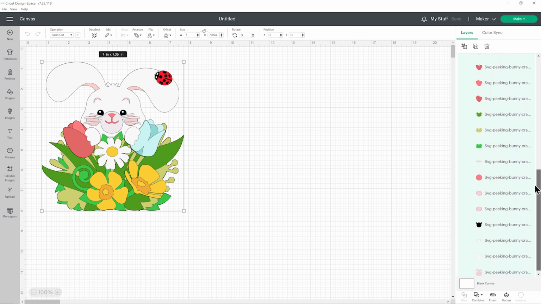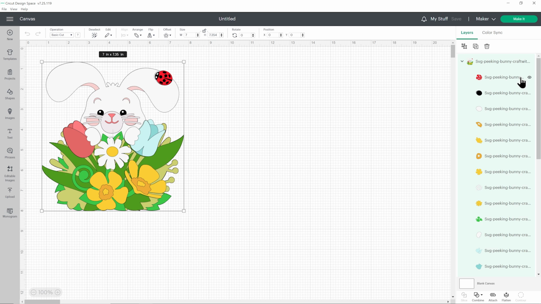There are a lot of pieces in this design, but don't worry, it's actually fairly quick to cut out because there isn't anything particularly intricate in there. It's all nice sort of simple shapes, which means it's quick to cut, which is always good when there is so much going on in a design.